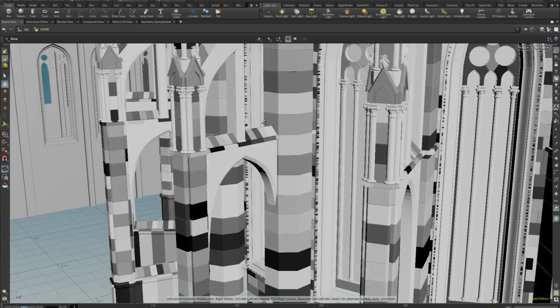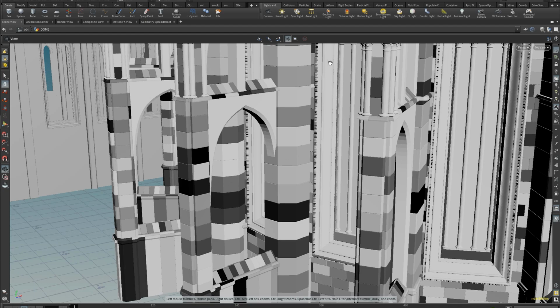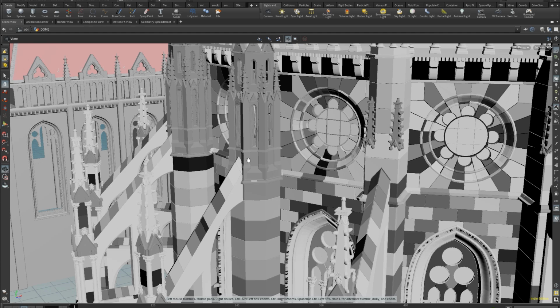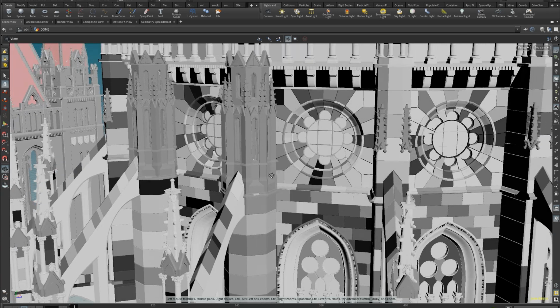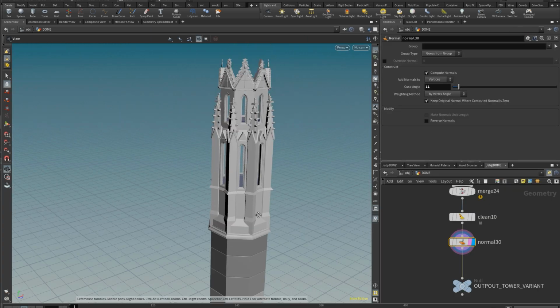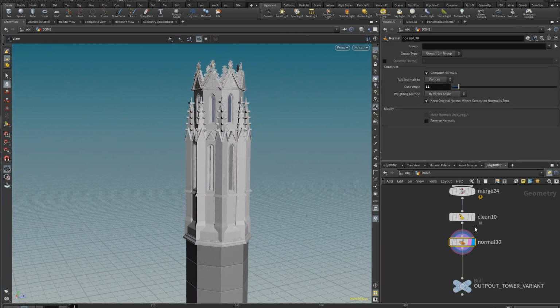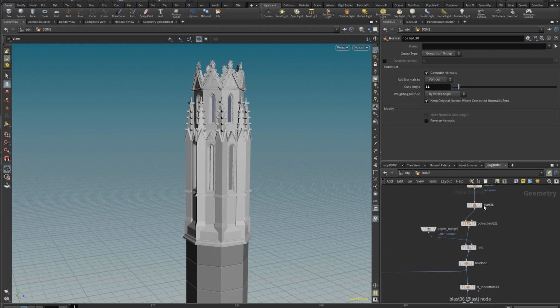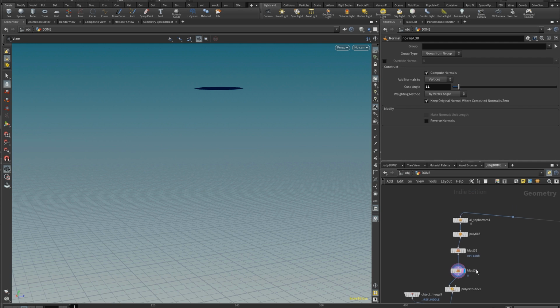The buttress is a key feature of the Gothic style too, so that's a type of thing we could have a look at some point, but I want to focus for now on a tower like this. So let's break down this bad boy. It might sound complicated, but really it's not that big of a deal. So let's see. The beginning, we are starting with an octagon that we are extruding.